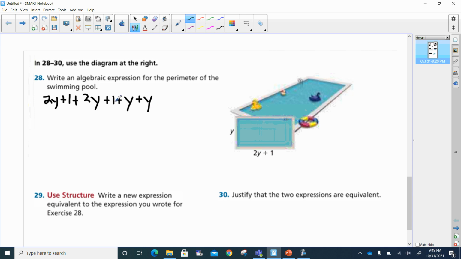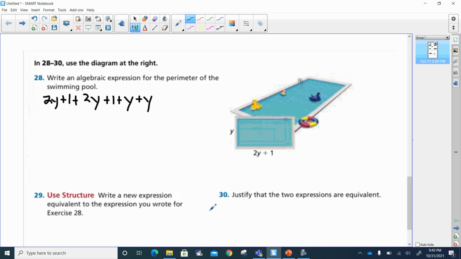And that could be one expression. On number 30, it says, justify the two expressions are equivalent. And I guess they mean because on number 29, you were supposed to write an expression over here. This is kind of going to be a spoiler